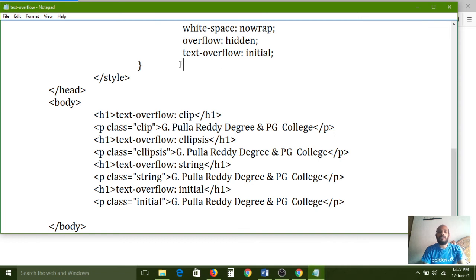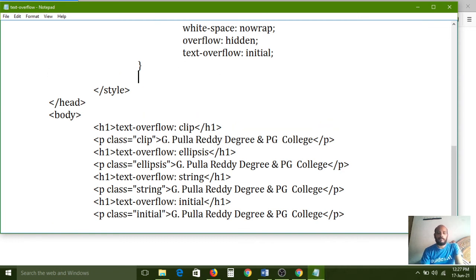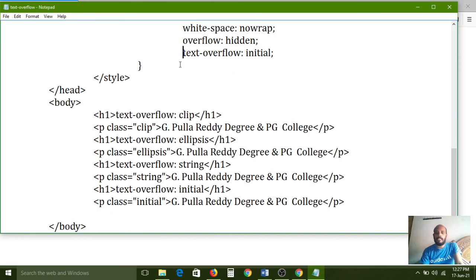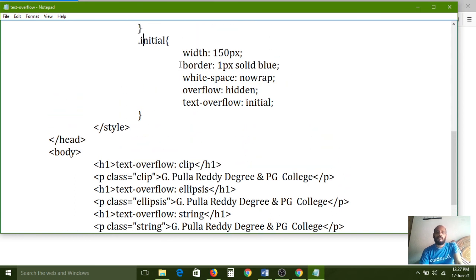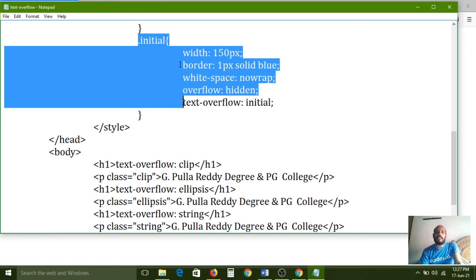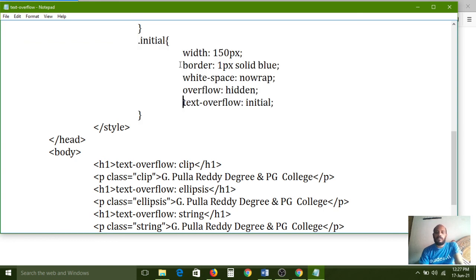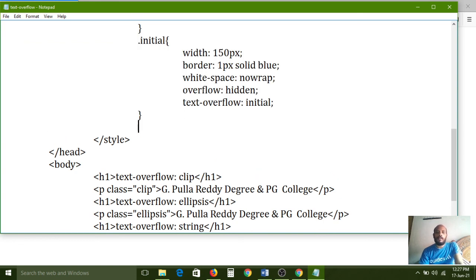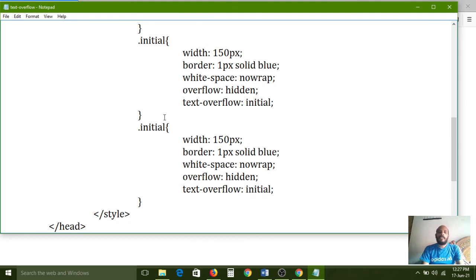Now I want to use the inheritance concept. The inherit keyword is used to import the value from the parent element. So instead of initial, we need to mention the inherit value. For text-overflow, what is the value of initial here?